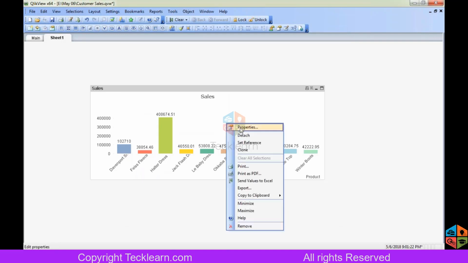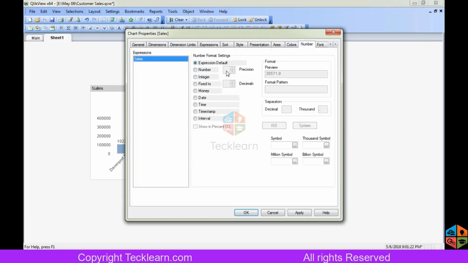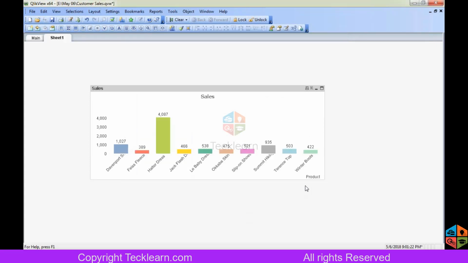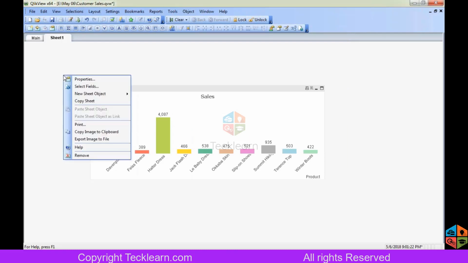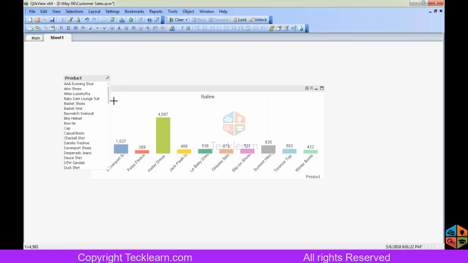The values are bigger, and I wanted to see the number format as integers. Okay, so I will take some filters: product, margin, and order date.